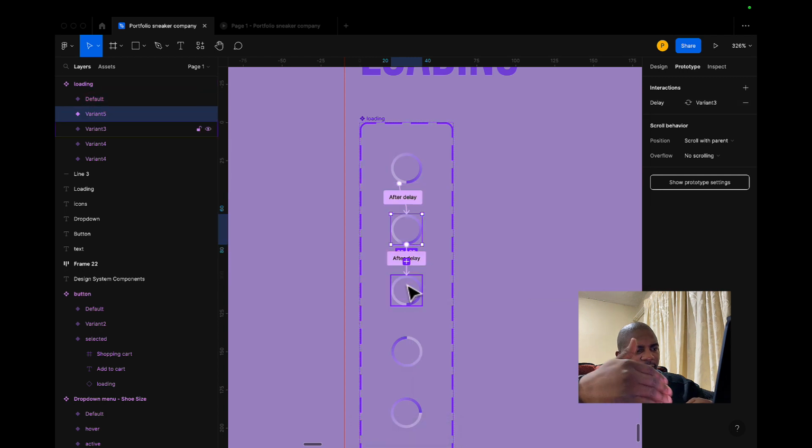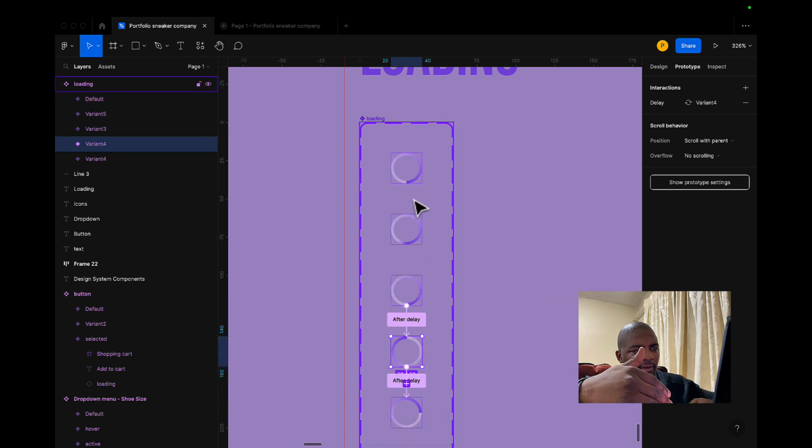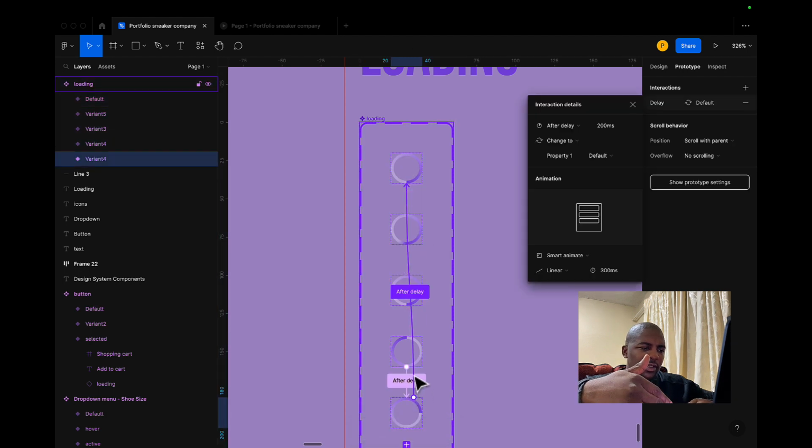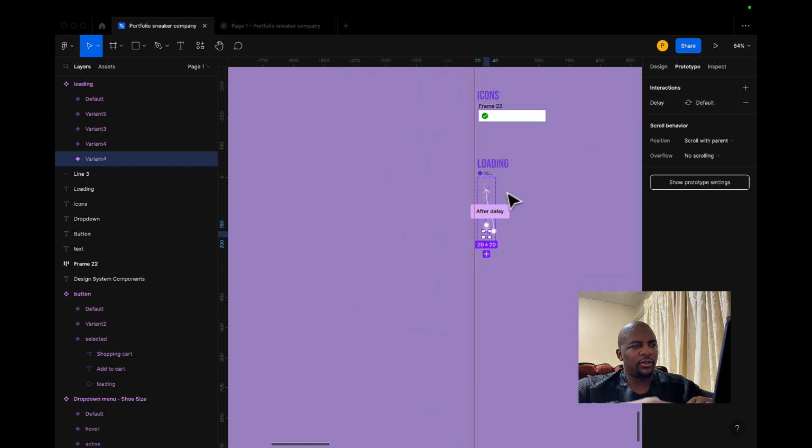Then you do it for all the variants. Then for the last one, so it continually does this auto animation, you say after the last one, then after delay to the first one. That is how you create a continuous loading state until an action is performed on the button. Then let's go back to